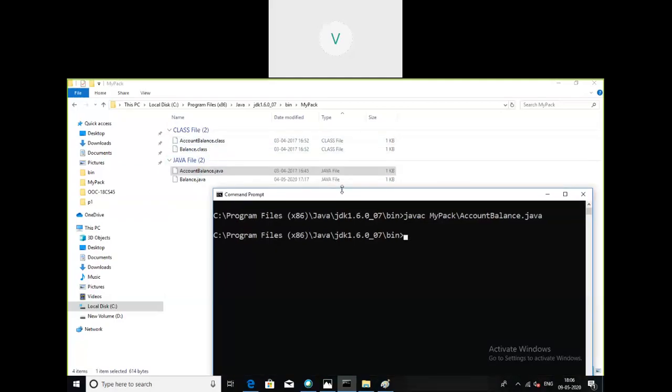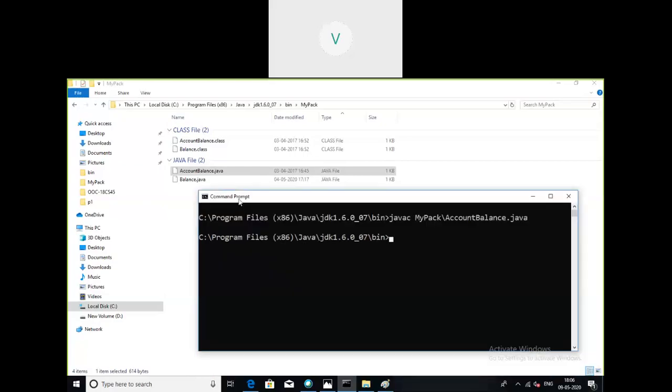So the compilation is successful and we will get the .class file which is already present here. As I said, I am not able to show those class files. I have compiled those class files on the Windows XP OS and I have shifted them here. So this is the account balance.class and balance.class. We have got two class files in this location, because there are two classes in the source file. One bytecode will be created for every class.